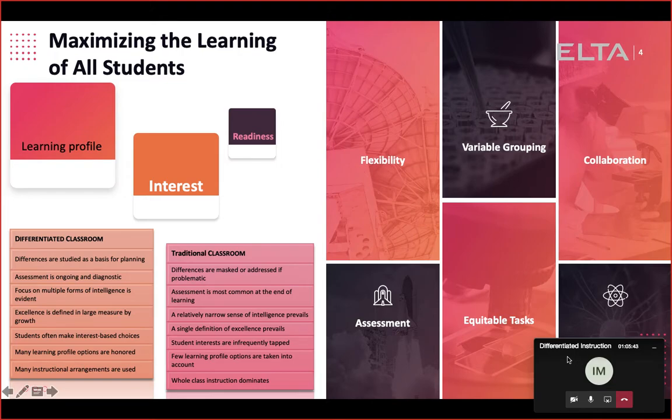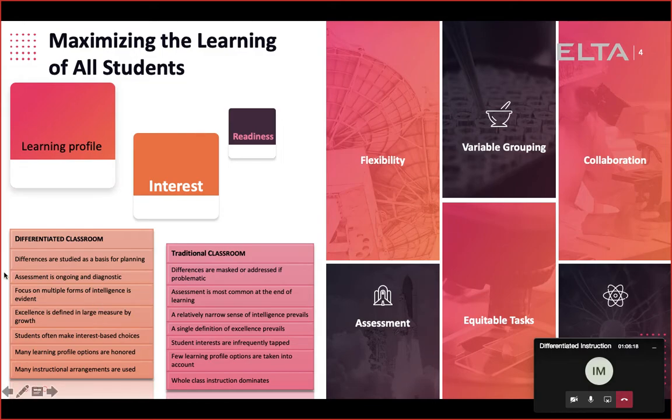As I said before, just to sum up the last point, which is collaboration: the teachers need to study their students continually. They need to involve them in decision making about their classroom activities and classroom assessments, and they need to consider both as complementary features of a certain learning process. So the differentiated classroom cannot be applied without the collaboration of the teachers, along with that of the students, and vice versa.